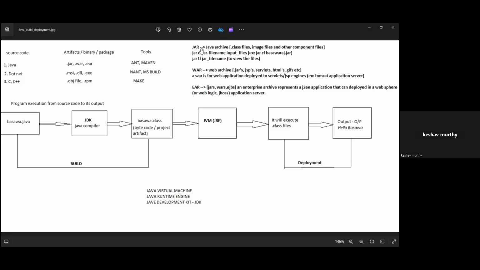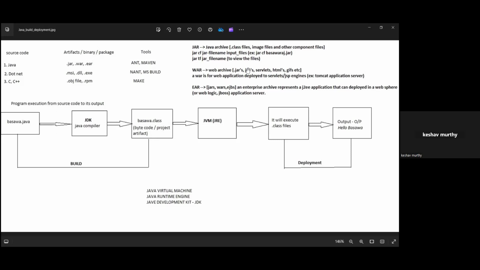So that is what a Java archive is. The Java archive file format enables you to bundle multiple files into a single archive file. If you have 1,000 Java files, I can't ship them one by one to the customer, because I have 1,000 class files. However many Java files you have, that many class files will be created when you do the compilation. But I can't ship one by one. So I am going to bundle it as a single executable file called jar. Okay, Java archive. So that extension will be .jar.